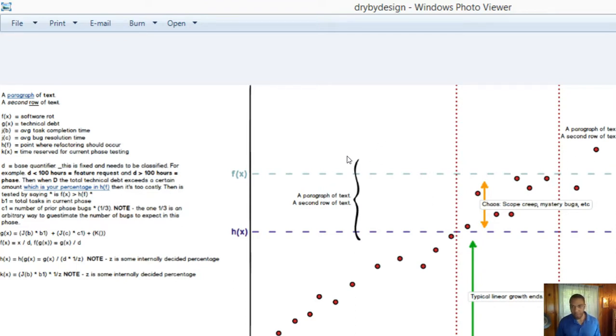Because when we get into this space that we saw 2 weeks ago, you start getting scope creep, mystery bugs. The cost of making simple changes is really expensive. And then when you cross this threshold of software rot, we get to a place of unmaintainability, where making a simple change costs nearly as much as maybe a whole previous phase did. So we definitely hit this point, I think, when we started this new semester. And so we did a lot of refactoring. And there's a cost to that. There's a reason why people avoid it, because we made a small change and we created like 200 new errors in the code.